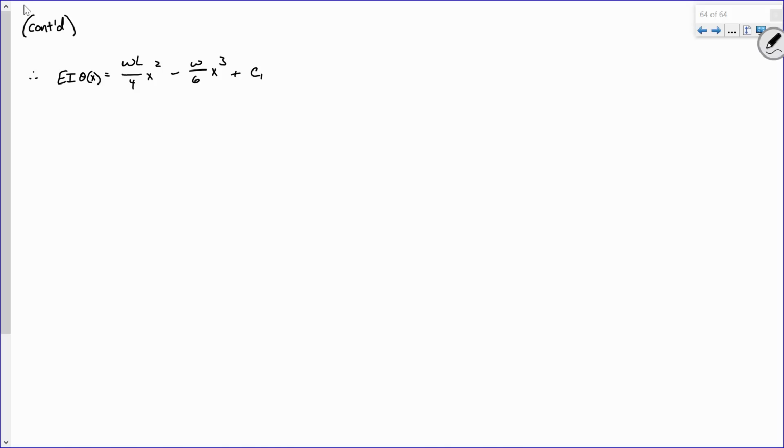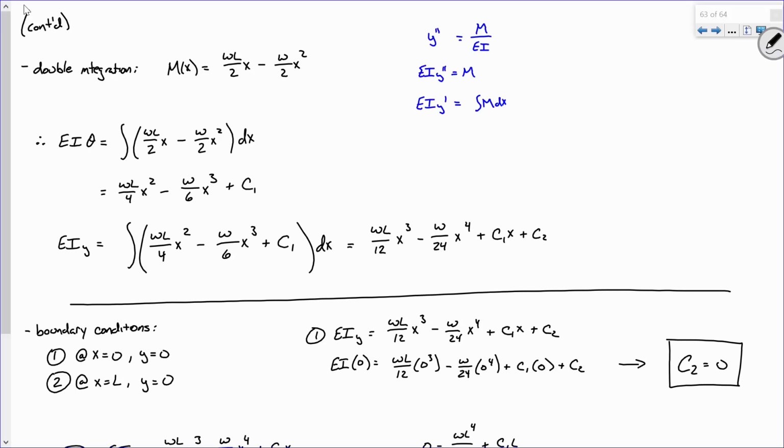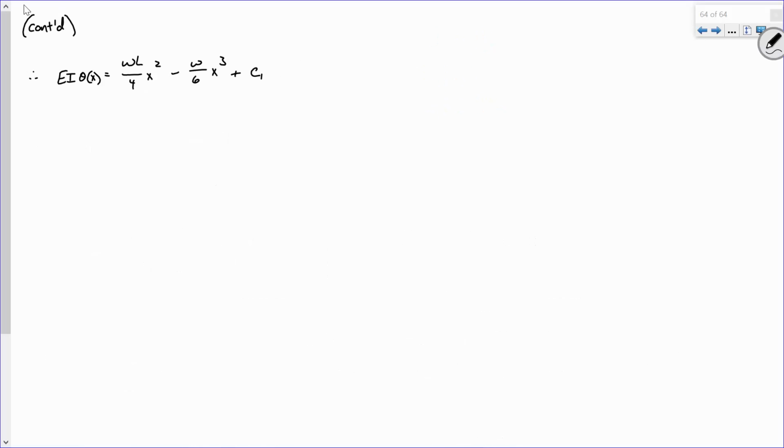If you go back, I'm going to go back a slide, but if you go back, remember, that's this. You know, the first integral, that's what we got. But now we know what C1 is, right? Which is WL over 4 times x squared minus W over 6 x to the third minus that. Make sense? So I propose to you that theta of x